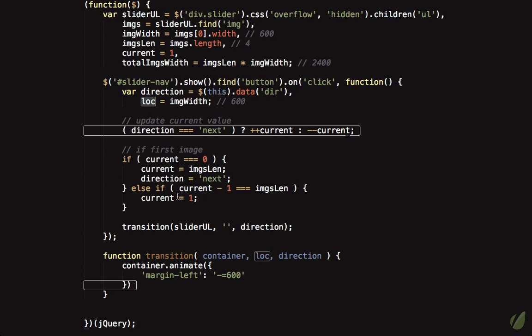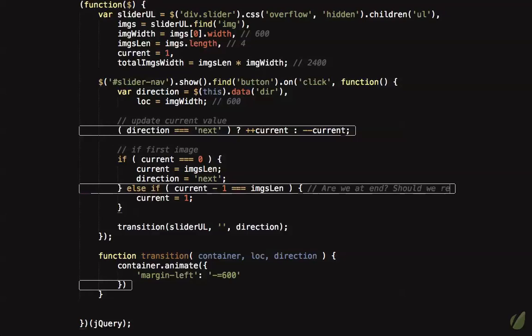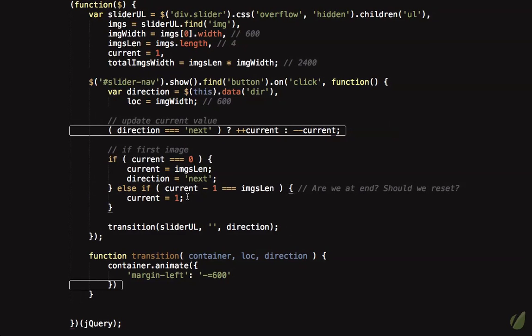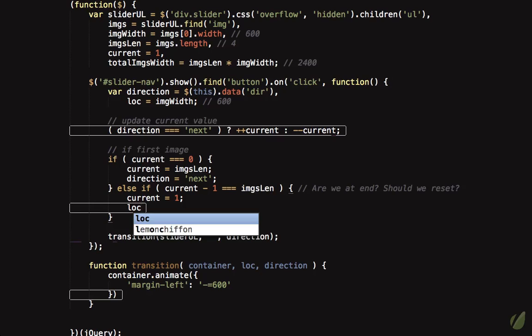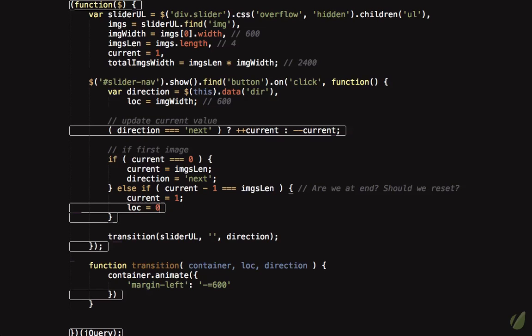And that condition is if we are at the end. Are we at the end? Should we reset? If that is the condition, we have updated the current image because now we want to switch back to image number 1. And we're also going to tell the transition function that the location it should go to should be 0. We want to send us back to 0 pixels, essentially. So we more or less want to say margin left is 0 in the case that we need to reset,